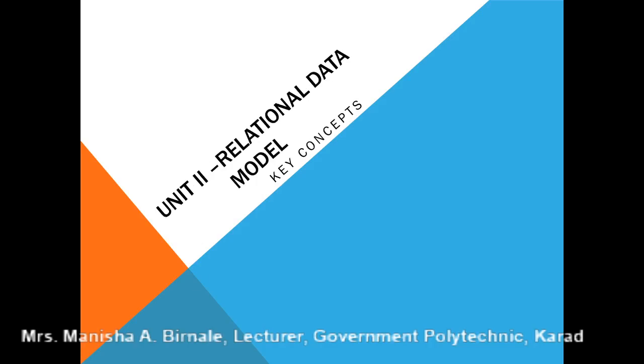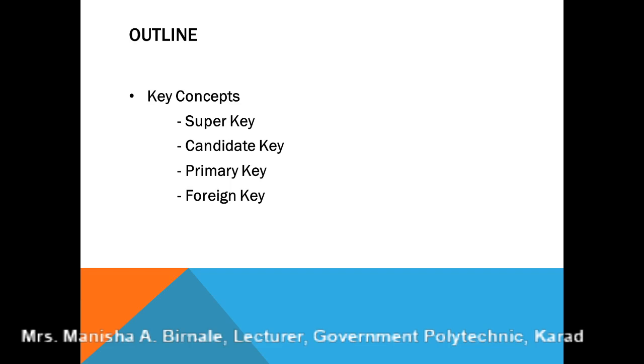We have started the second unit, relational data model, and in the previous lecture we have seen the basics of relational data model as well as the 12 rules specified by the scientist E. F. Codd. Scientist E. F. Codd proposed this relational data model, and every relational data model should follow all those 12 rules. Now, in today's lecture, let us see the next point, and that is key concepts.